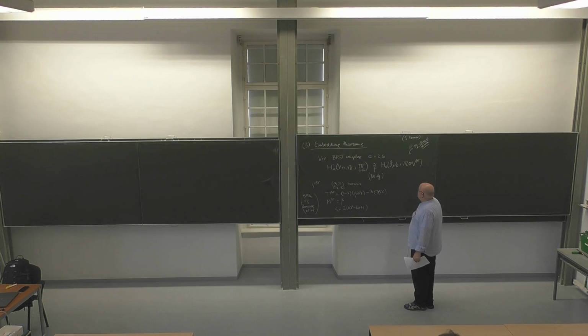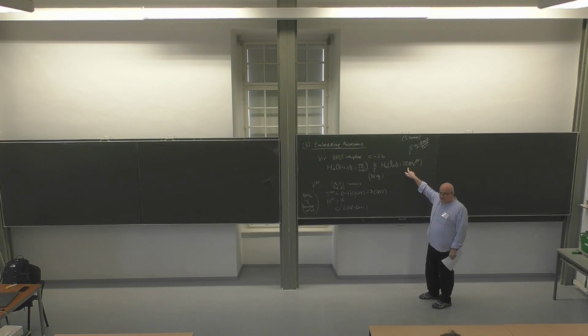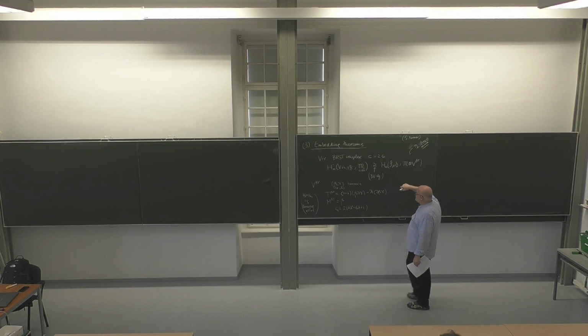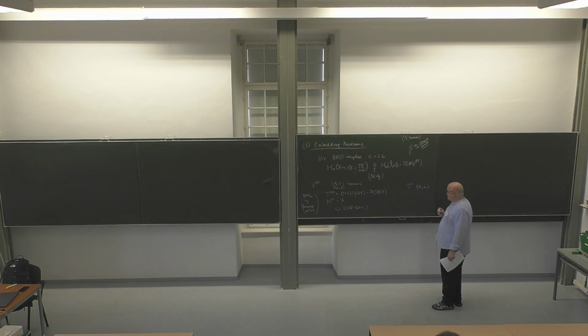And the way you prove this, I'll just give you a flavor. This is a version of the homotopy transfer that Maxim was talking about yesterday. What you do is you consider the Virasoro BRST complex. So what does this have? This has T and it has b and it has c, right? This is the standard Virasoro semi-infinite complex.